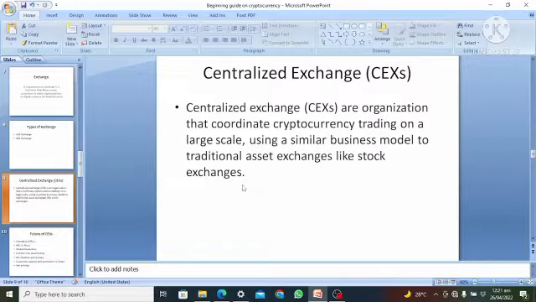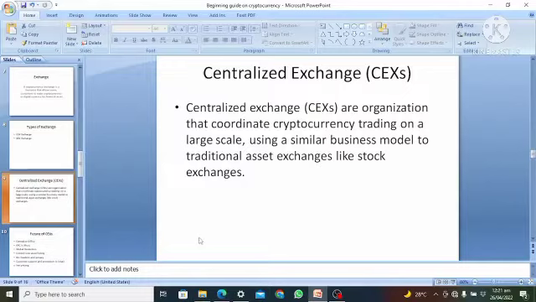So they are just like a store of exchange. You can get to that particular place at any time to do your transactions. They are the ones that coordinate the way things are done, and the kinds of assets that are listed on that exchange. It's not every asset that just comes and gets listed on that exchange easily. So we get to see the difference between this and decentralized.